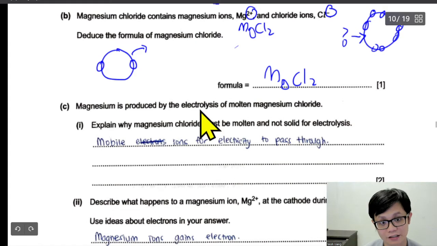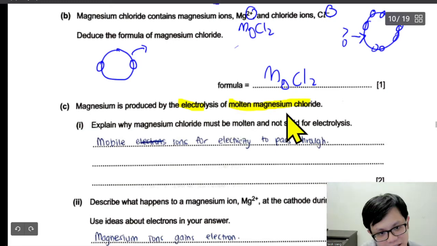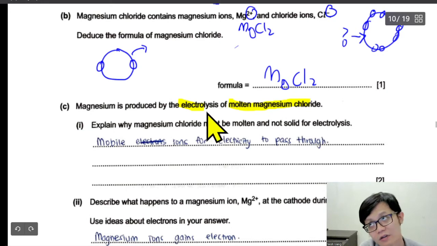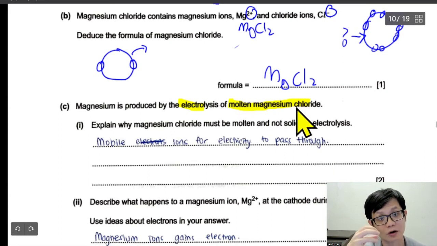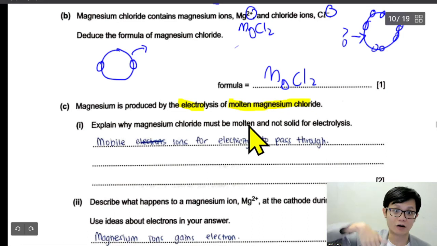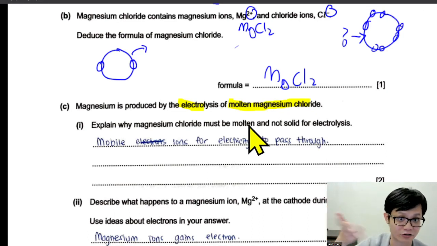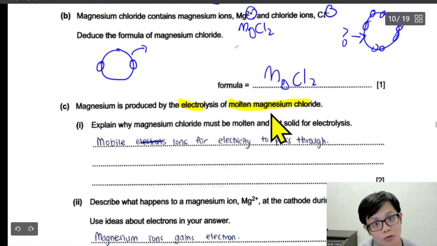Magnesium is produced by electrolysis of molten magnesium chloride. Okay, so it's an electrolytic process. If I want to explain the whole electrolysis, why molten magnesium chloride, why electrolysis, it will take another 1 hour to explain. But roughly we know that they need to use molten rather than liquid, because they need it to be more concentrated. So either magnesium or chloride will be discharged, rather than using aqueous solution, because magnesium is already quite high in the reactivity series of metals. If you are below carbon, you can use carbon electrode or other metal. But since magnesium is already at the top of the list, you might want to use molten magnesium chloride in order to discharge